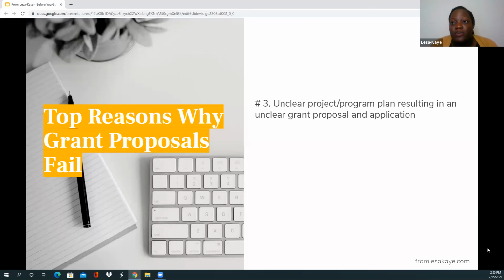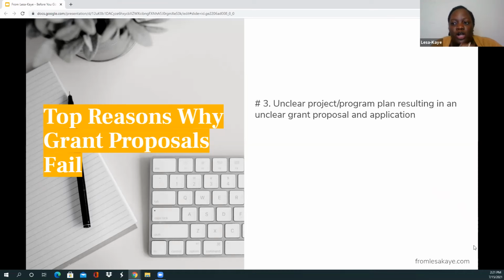Number 3, unclear project or program plan, resulting in an unclear grant proposal and application. What I tell the faculty and the staff at the university that I work with, and when I worked exclusively with community-based organizations and nonprofits, when we work on grants, is that if they cannot plan a clear program, if they cannot plan a clear project with clear goals, objectives, activities, a timeline, the resources that they need,